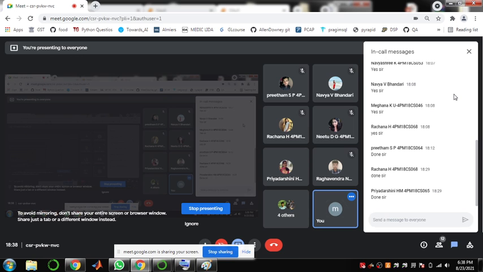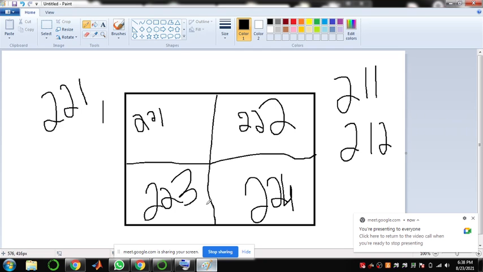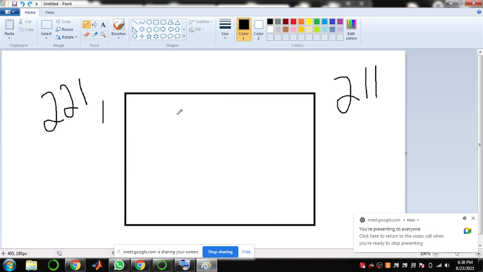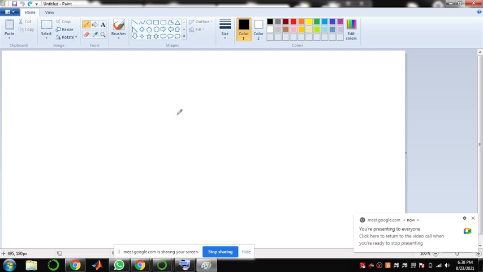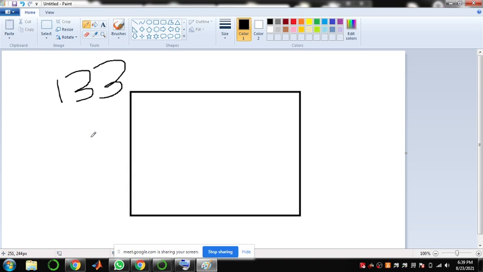Preetham SP? Yes, sir. Preetham, now I'll ask you a question. Consider one axis is there. I have written like this: 1, 3, and 3. What is the meaning of this? Sir, 3 axes, third part. In that third axis, right?